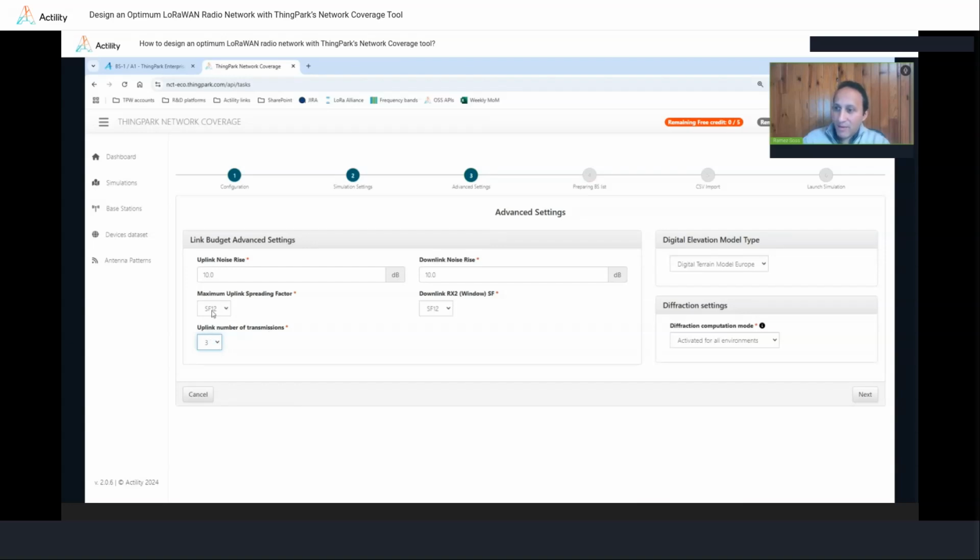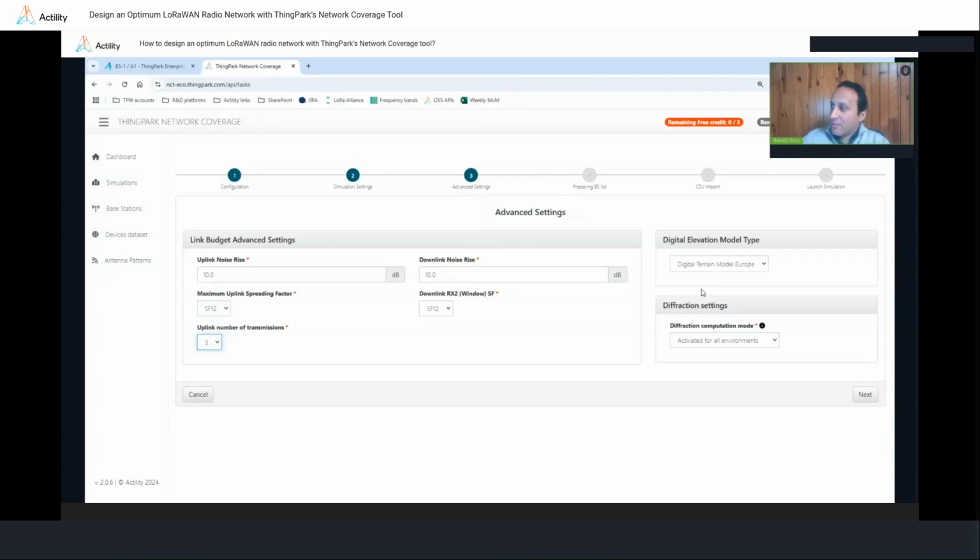In my case, I will just run with 3 because in the case of this demonstration, I want to show the coverage for typical devices that can do repetitions. And for downlink link budget, we rely on the RX2 link budget, for which, for sake of enhanced link budget, we can set the spreading factor to SF12, which is the maximum authorized.